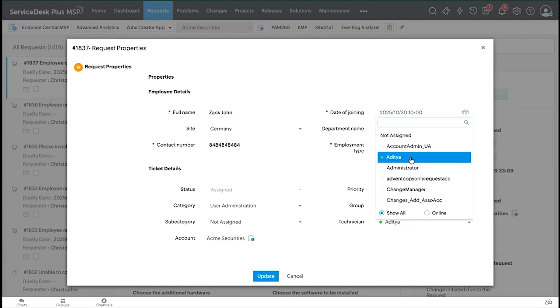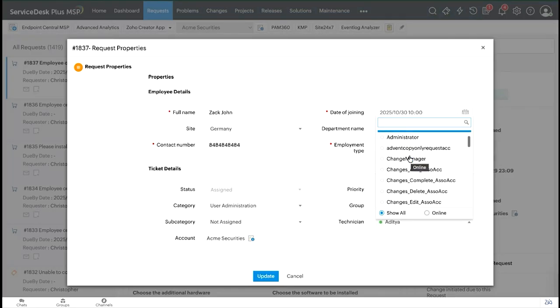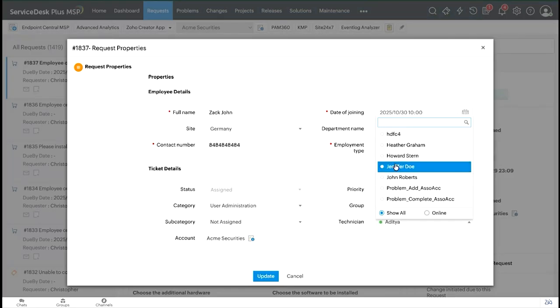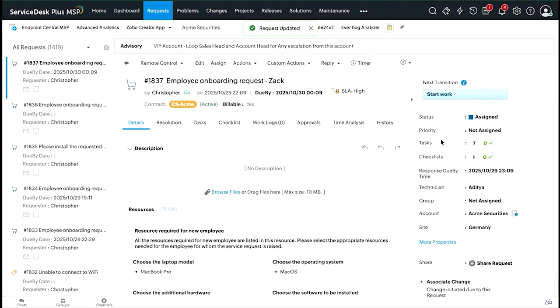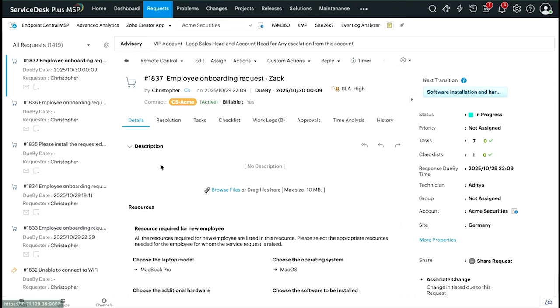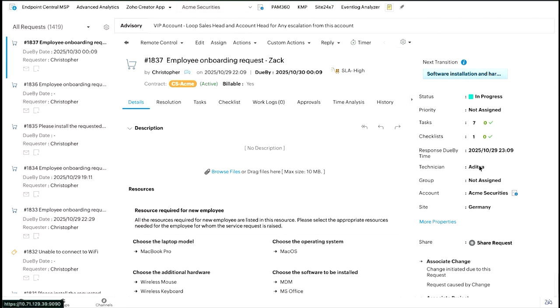So since the technician is already selected here, I can also choose to select a different technician who would be more suitable for this ticket, and I'll be able to update that. Once I update this, you can see that there's a next transition that appeared over here, that we can start work. The moment I click on start work, now I'll be able to start working on this ticket. Since the new technician is assigned,